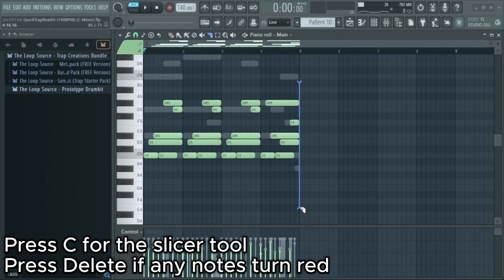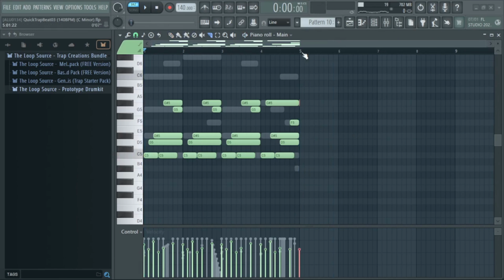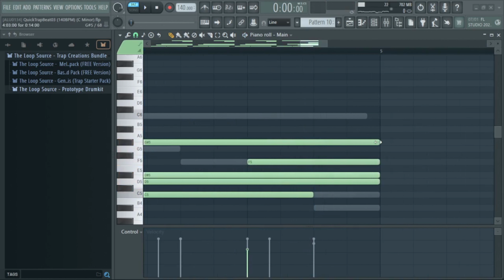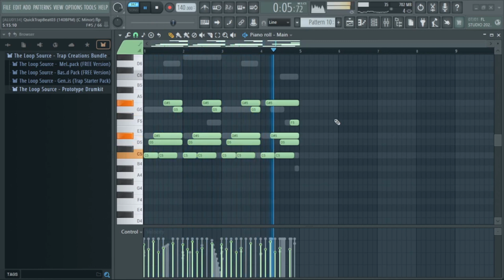Now this is a sneaky problem that happens with a lot of producers starting out. Make sure none of your patterns leak over into the next bar. If even a little bit of your note is in the next bar, FL Studio will play the full bar before looping backwards. Now if you want a little bit more help with your melodies, you can always use MIDI